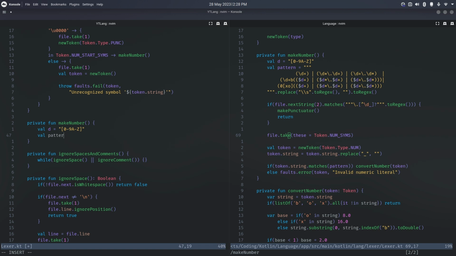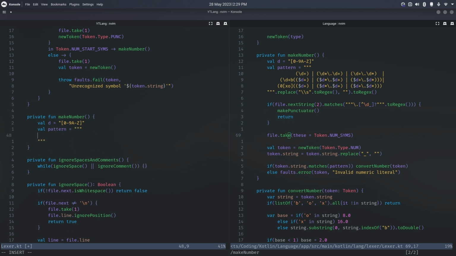Now we're going to make a very big pattern here. And this pattern, it's not going to be a perfect representation of the numbers we accept, but it's going to be a loose checker to try and rule out as many things as numbers as possible. And we're going to use multi-line strings in Kotlin. Now this is for a few reasons. One, it's so I can format it on multiple lines in a nice way,